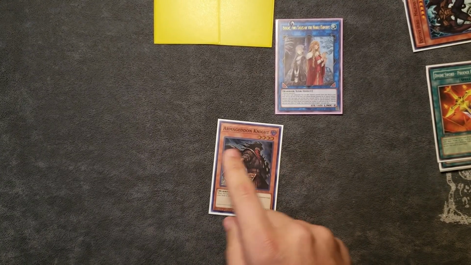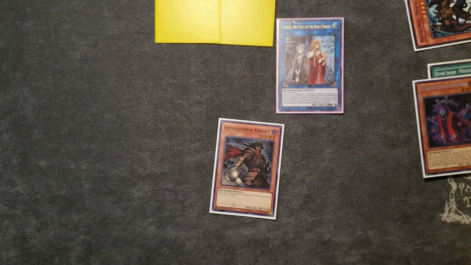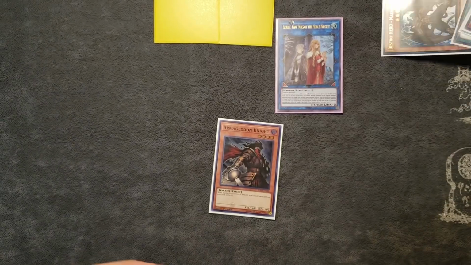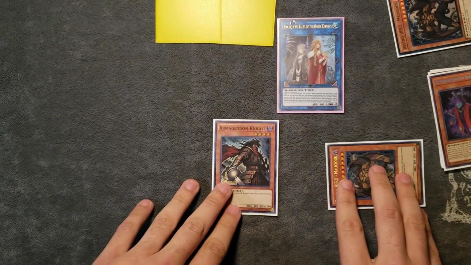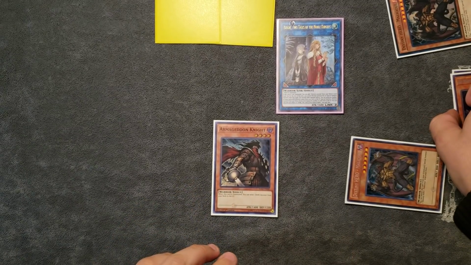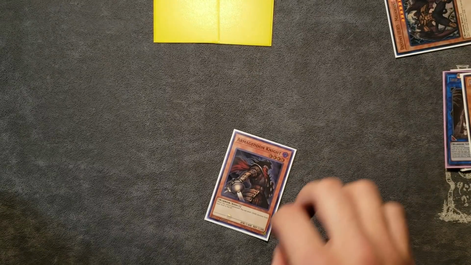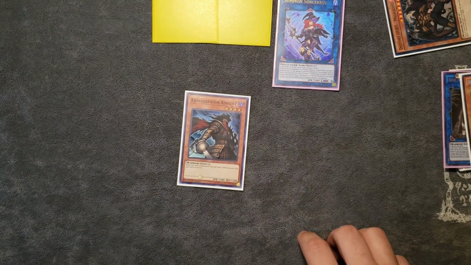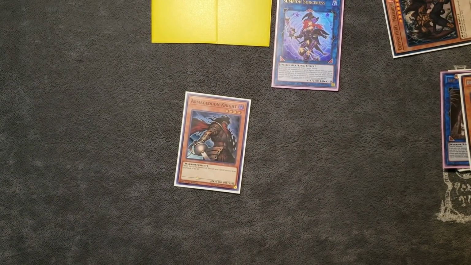So you're going to bring out Armageddon Knight, whose effect is going to put the cloak into the graveyard. You're going to use the Malicious that's in the graveyard to bring out another Malicious. I like to put it over in this zone here. You're going to then use these guys to go into Summon Sorceress. Summon Sorceress is going to target Armageddon Knight and special summon